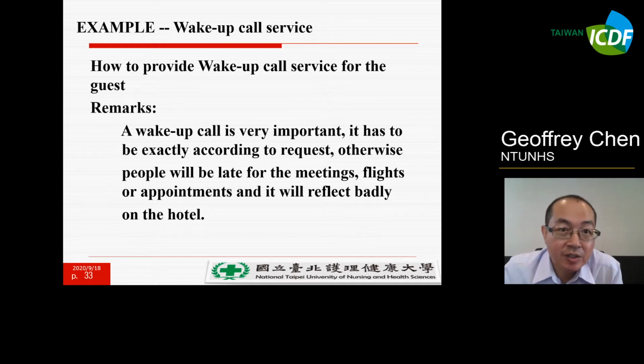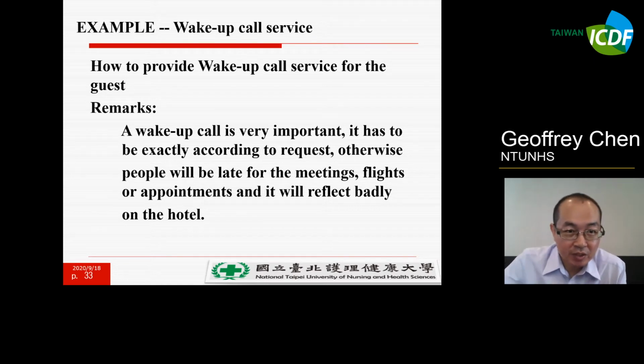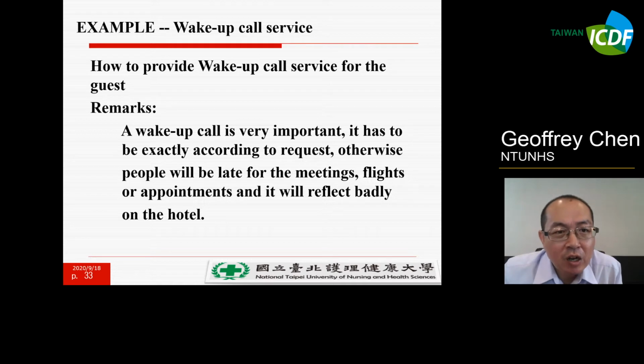The next example is the wake-up call service. Let's talk about how you provide the wake-up call service for your guests. Generally, when you do this service, the call almost always comes from inside, from your guests. Why is the wake-up call so important?